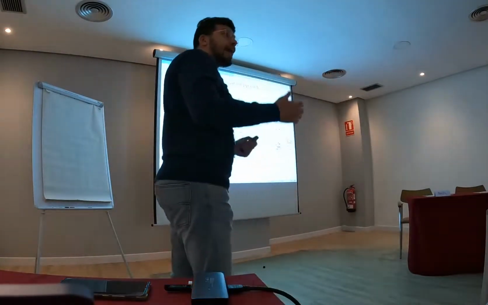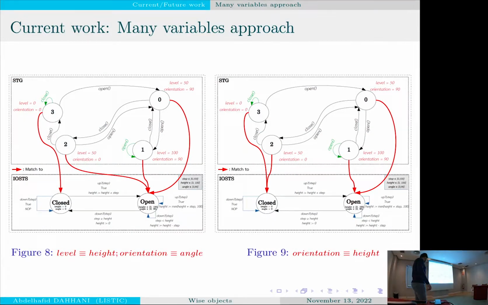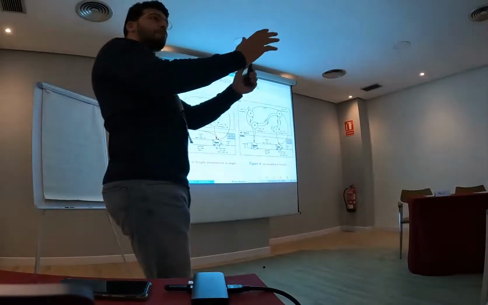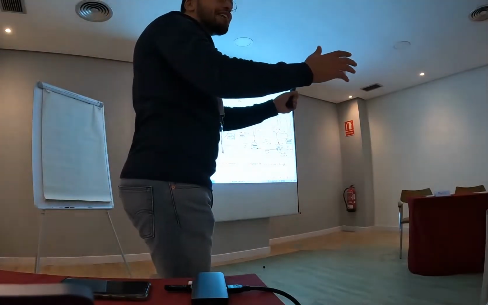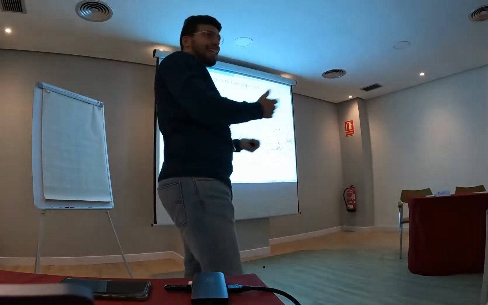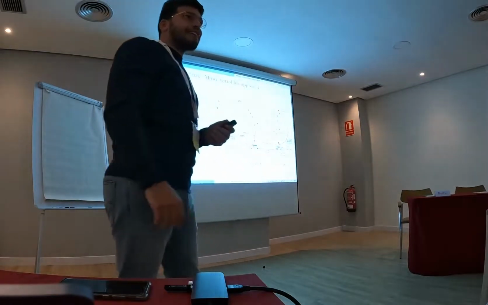Actually, how will the machine decide that this is more convenient to the end user, and this one is not? Because we can add another variable, and we will have other matchings. It's more than 2. This is the maximized matching. We have just 2 matchings, but imagine that we have 6 attributes and 6 variables here, or 6 attributes here and just 5 variables here. It's not necessary to have equality between the variables and attributes. So this is the most complex thing in the matching of this kind of graph.